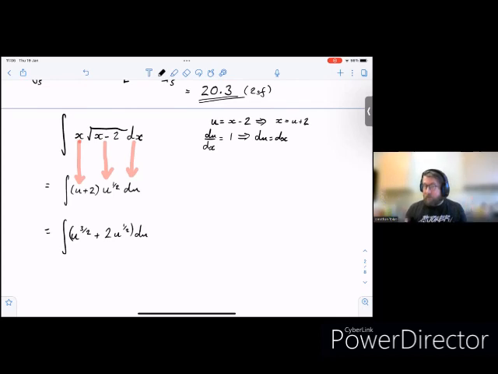This is straightforward integration now. So this becomes u to the 5/2 divided by 5/2, plus this becomes u to the 3/2 divided by 3/2 and then also times by 2. So that's 4/3. And we need a plus c. We didn't need plus c in the previous two examples because they were both definite integrals. Now we need to substitute x back in